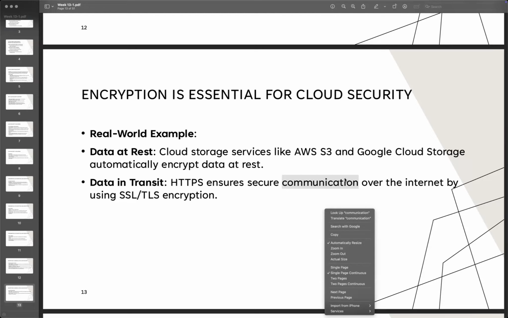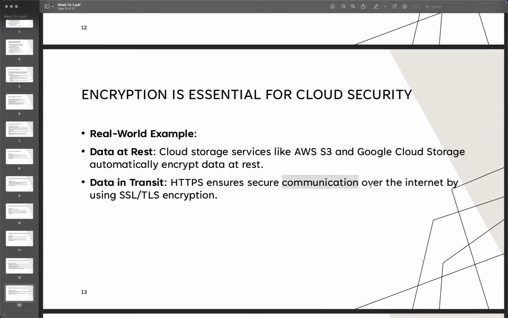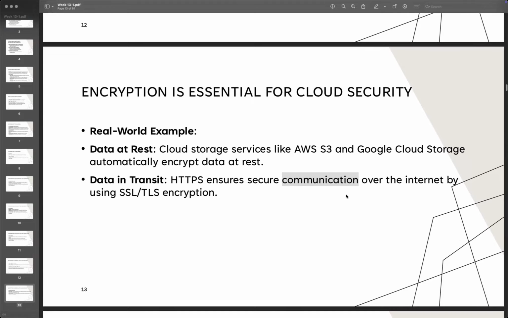So it may take a really long time for the attacker to find your actual password. So it takes longer. Okay, so it may lead them to give up, or they will try to change their target. Okay, so far, in a real-world example, let's say a cloud storage service like AWS S3